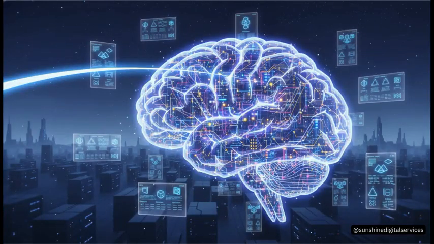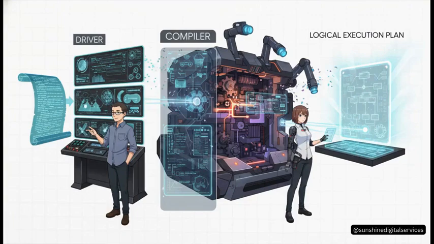Okay, the first stop for any query is the metastore. You can think of this as Hive's brain, or its central library card catalog. It doesn't hold the actual data itself, but it holds all the information about the data, the metadata. It knows the table names, the column types, and exactly where all the data files live on the Hadoop cluster. It's the blueprint Hive has to have to understand what you're asking for. Right, so once Hive has the map from the metastore, your query gets passed to the driver and compiler.